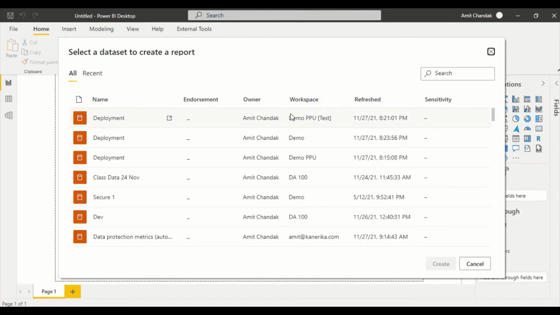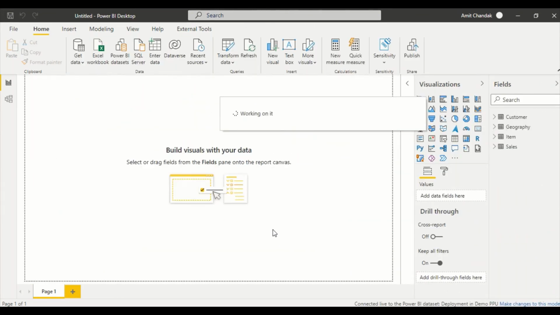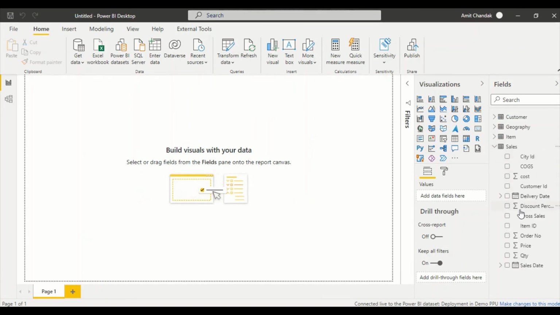The deployment. And I'm going to right now only do this for demo PPU. So from demo PPU, I'm going to bring in this. So demo PPU is my data set, okay, which I'm bringing here. Deployment is the name, demo PPU. Please remember, this is the one I'm taking. I say create. So from the demo PPU, it is coming.